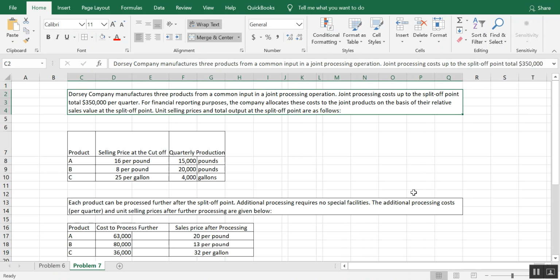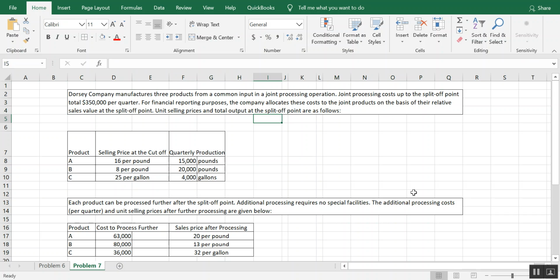For problem number 7, like I said, we didn't really touch on this as much in class. And this is a decision about processing beyond the split off point. What we have are joint products. Many times when you manufacture something, you will have joint products that will come out of the same material. The closest thing that I can really think about right away that this would happen with would be in an oil refinery,